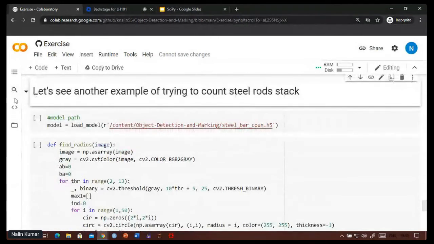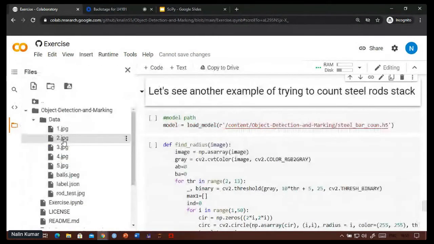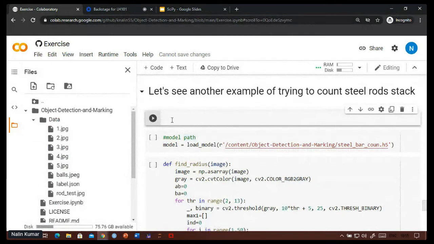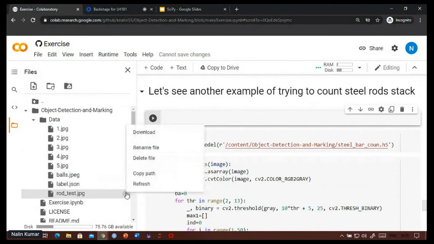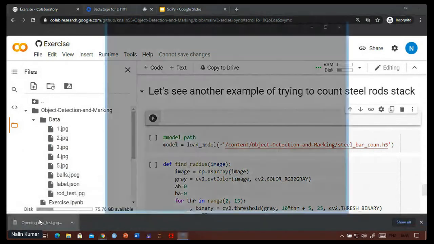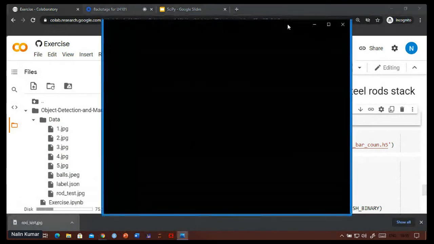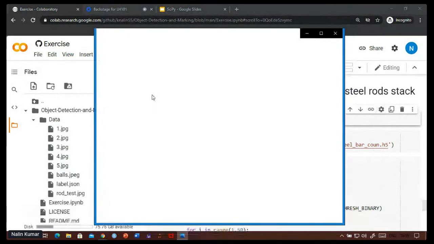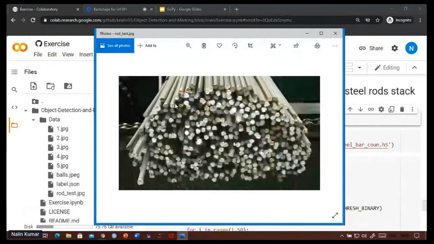Let me show you its image. It looks like this.